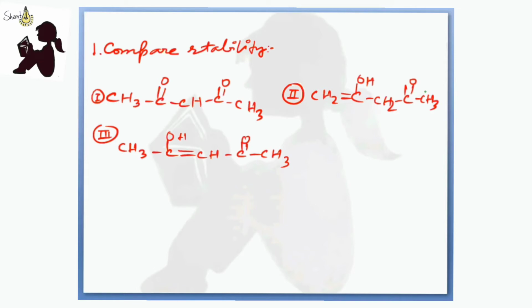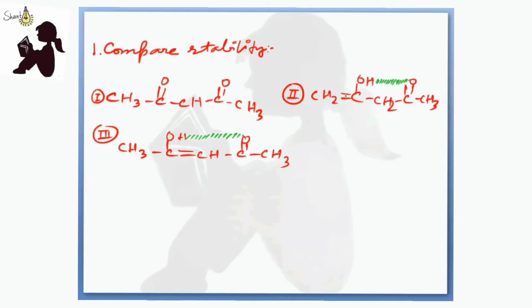So what happens is that this OH hydrogen forms a hydrogen bond with this ketone functional group. So it increases the stability. So it doesn't want to go on to form a ketone from here. Okay, so that's how it is becoming stable. But here you can also see that it is also forming a hydrogen bond here.